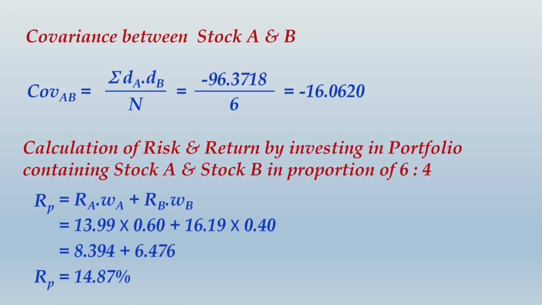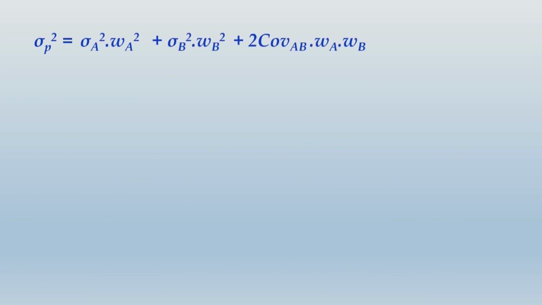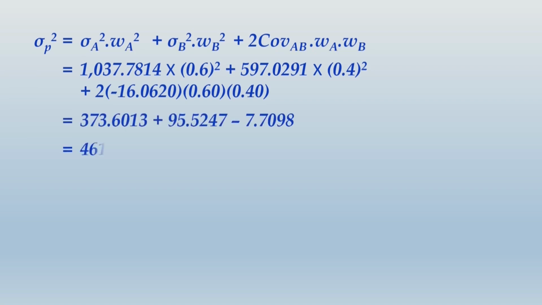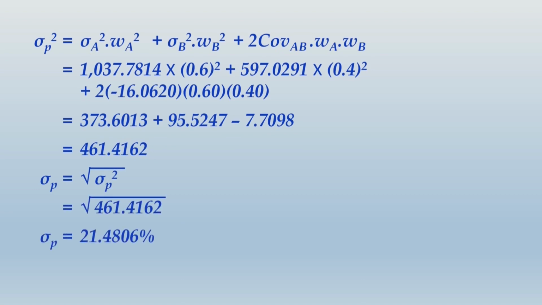Alright friends, once we have completed writing this whole thing, let us move ahead and compute further. That will be the portfolio standard deviation, for which first you have to work out the portfolio variance. So portfolio variance, I don't have to explain to you how to make the calculations, you know it very well. Substitute each of the values properly and make sure that you don't end up making any calculation errors over here. And once you compute the portfolio variance, it comes to 461.4162, and the standard deviation of the portfolio will be the square root of the portfolio variance, and that would come to